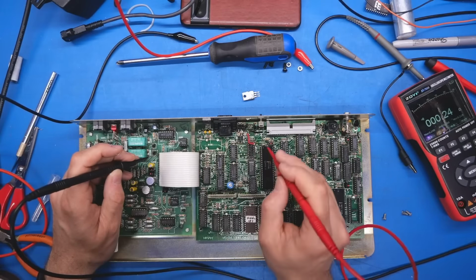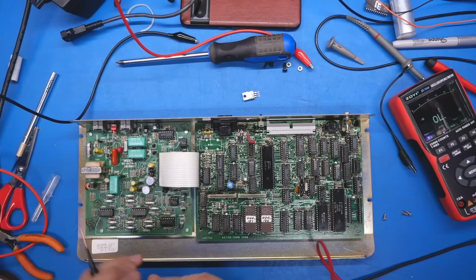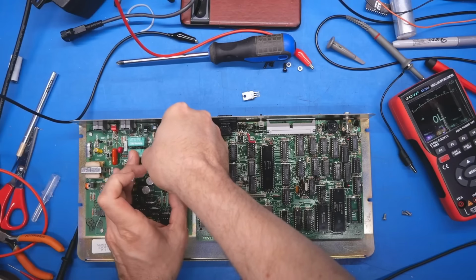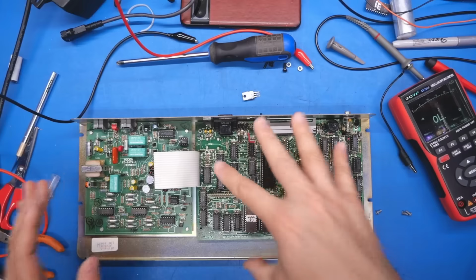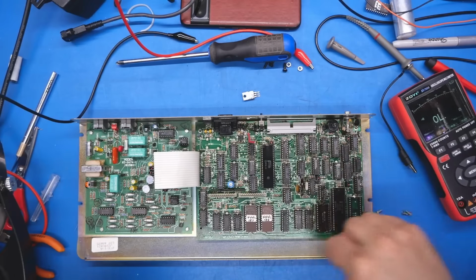So definitely the voltage from the cap here makes its way directly over to the modem board. So I'm going to have to just unplug this because we need to isolate where the fault might be. Nope, still there. Okay, so the problem is not on the modem board, it's definitely on this board. I'm going to have some lunch and then we're going to inject some power into this and try to see